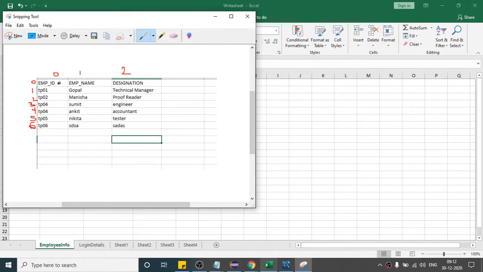So if you want to get this data, I want to print this employee ID. So what is the index you have to give? You have to give 0, 0, right? If you want to count this one, it is 0, 1, it is 0, 2. Likewise, if I talk about this one, it is 1, 0, it is 1, 1, it is 1, 2. Likewise, we have to do. Suppose if I want to print only this 0, 0, which is employee ID, how we can do?